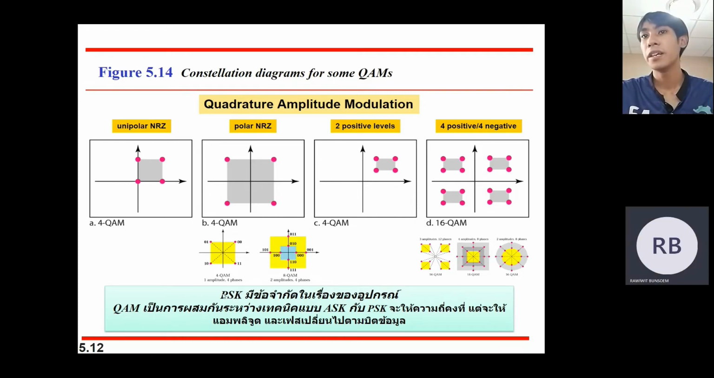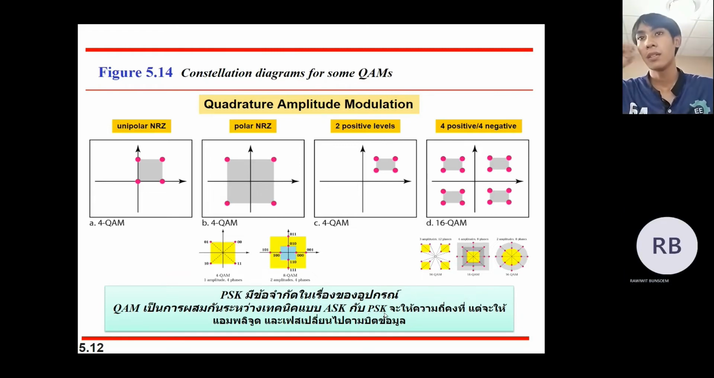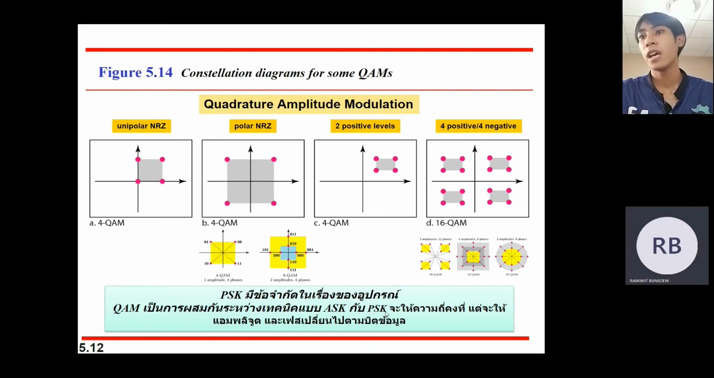PSK is limited by equipment, but QAM is a mix of ASK and PSK. In PSK, frequency and amplitude are not changed, and phase is changed according to the bit information. Okay, the next,